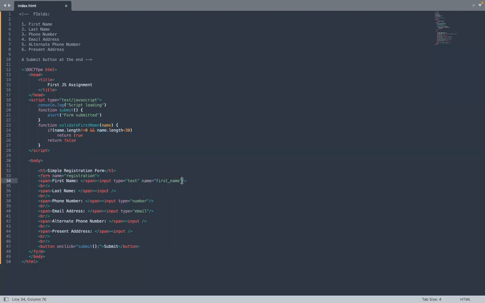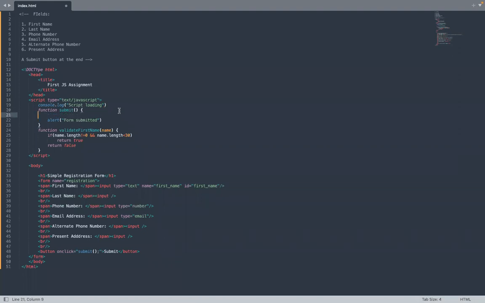So as I said, you can also do document.registration.first name, but I first want to show you with ID because this is something that we use quite often, more often than this registration.name. ID and class, like in CSS, right? Yeah, so that same ID we are attaching here as an attribute. We just gave it an ID name, let's say first name, and in the submit button,